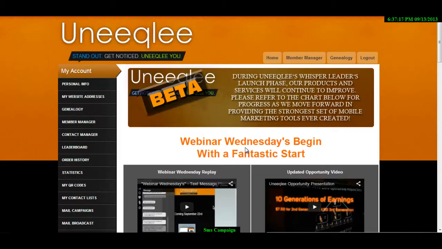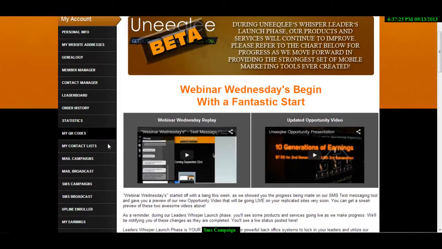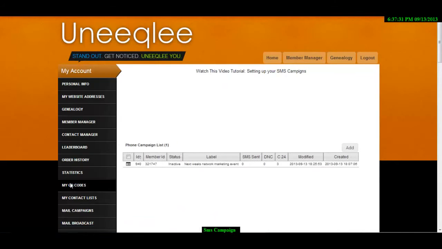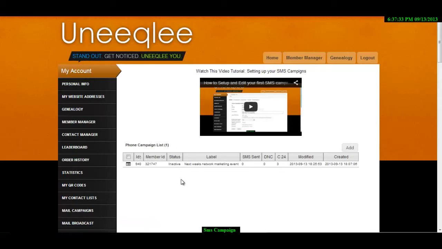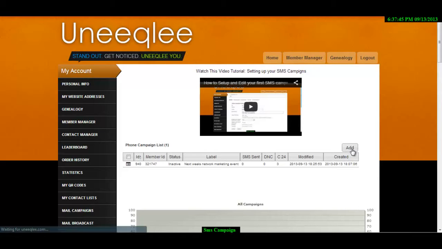So let's just hop right in here, and right now we're starting on our home page of our back office. I want you to scroll down over here on your left hand side to where it says SMS Campaigns. Click on that for me, and we see right here this is our phone campaign list. We have one right here that we could edit, or we also have one where we could start a brand new one. We're going to start a new one. We're going to click add,